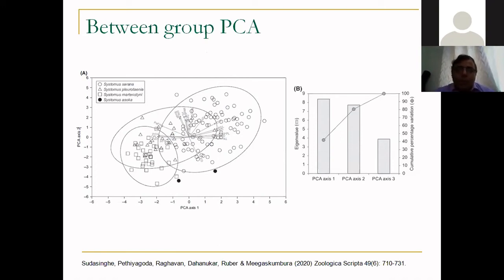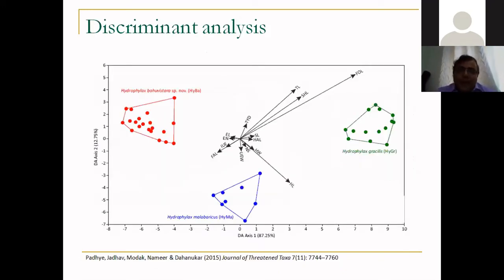What between-group principal component will do is, it will maximize the variation between the groups, and will give you a better understanding of whether the groups are different from each other or not. A similar concept to this is called discriminant analysis, and even though this method works on slightly different mathematical manipulation, essentially what you are doing again is, if the organisms are very closely related to each other, then by using discriminant analysis, you are asking a question: can you discriminate between these different organisms, and what are the characters that you can use to discriminate between them?